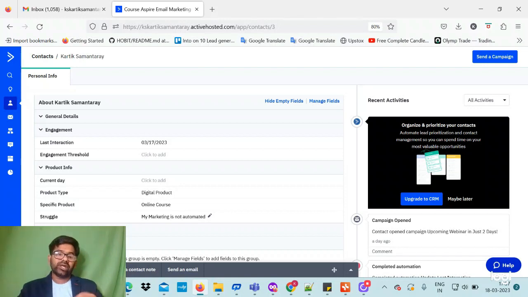So whenever you create this type of content based on their interest and their needs, you can get more engagement with your subscribers or your target audience. Whenever they see your content is relevant to their needs, you definitely get more sales. So this is all about